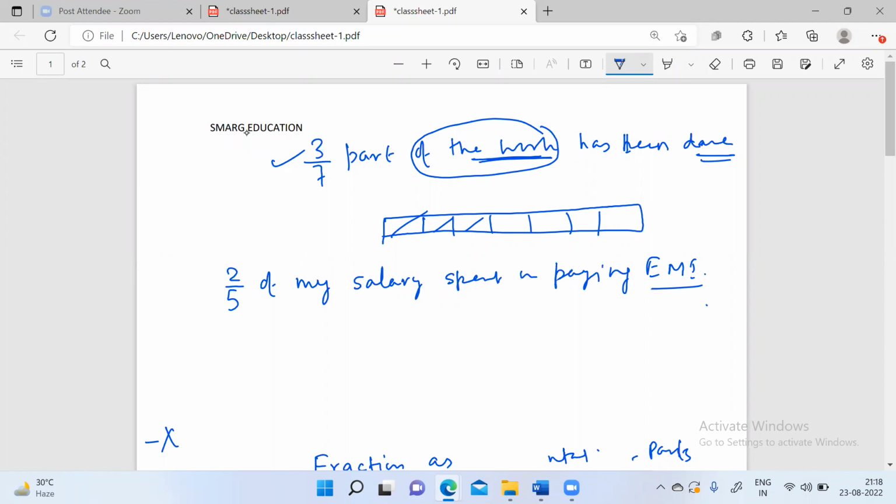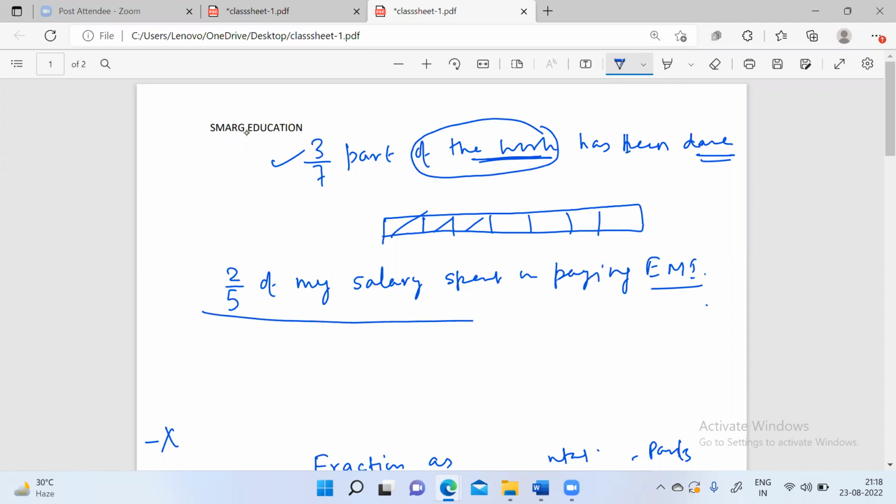हाँ, तो ऐसा, if 5 is the total salary, टोटल सैलरी को 5 इक्वल पार्ट्स में कर दें, तो उसमें से 2 हमारा EMI में स्पेंड हुआ है। ठीक है, थोड़ा सा डिफरेंस हुआ दोनों में, बहुत बड़ा डिफरेंस नहीं है, बस आपको ये विजुलाइज करना है कि whenever I am telling and using fraction as representation of part, तो आपको उसका वर्ड्स क्लियर होना चाहिए।